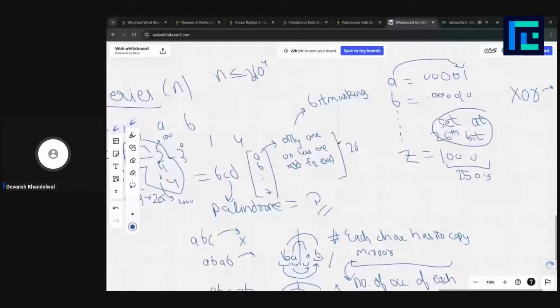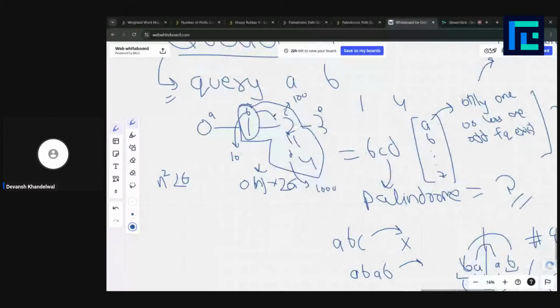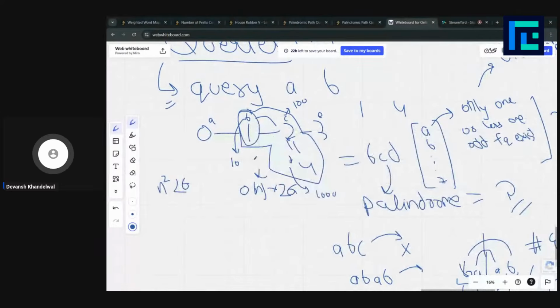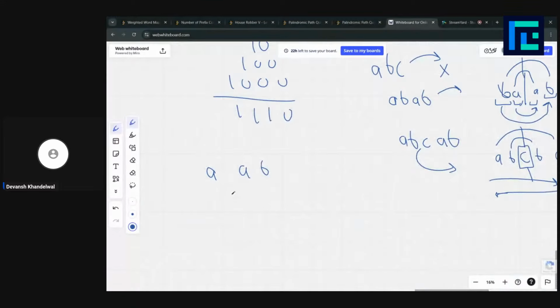First I thought, if I bit mask each character and calculate the XOR of this, but let's say we had this sequence A and B. The bit mask equivalent to this is 1, the bit mask equivalent to this is